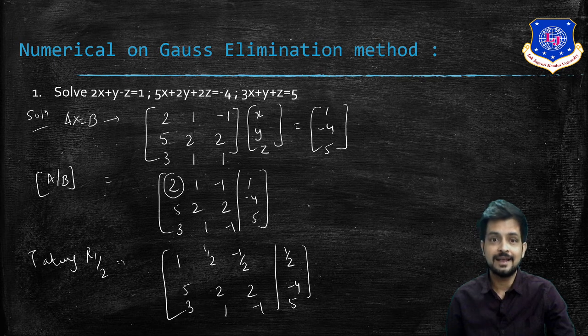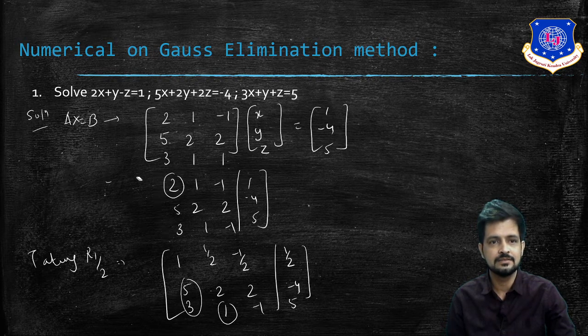Okay, what is our next step? See, our next step is to convert this augmented matrix into upper triangular form. So these three elements we have to make 0. How I can do this? Using this R1 we have to do this. Okay, so what is our next step? I am erasing the upper matrices.